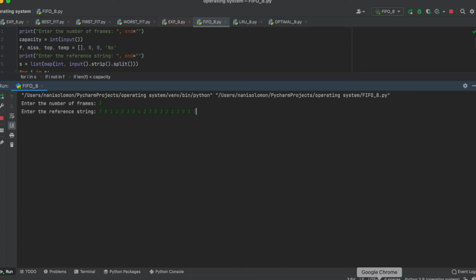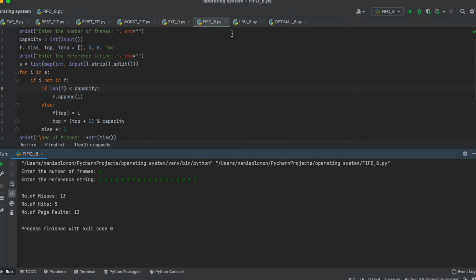Now this will be taken and 13 is missing. There are 30 numbers here, and the number of hits is 5: 1 2 3 4 5. So the number of faults equals 13. All these become the faults, missing is 13, hits are 5, and the rest is missing.